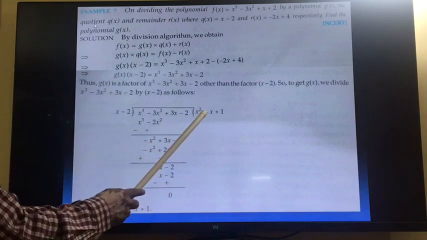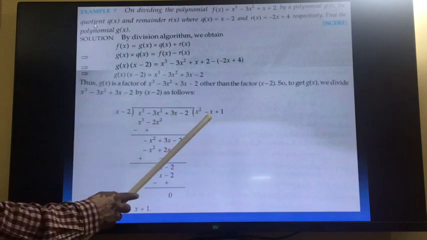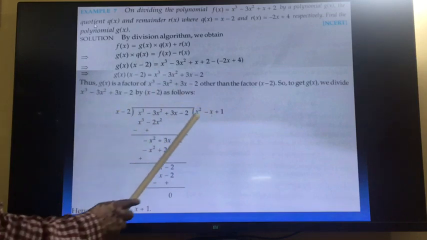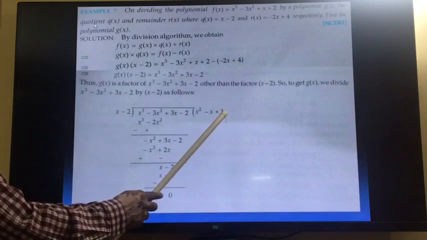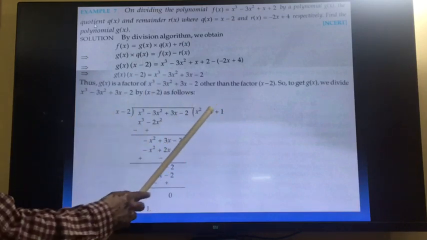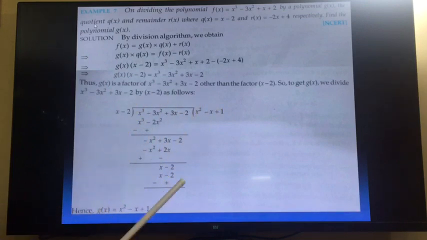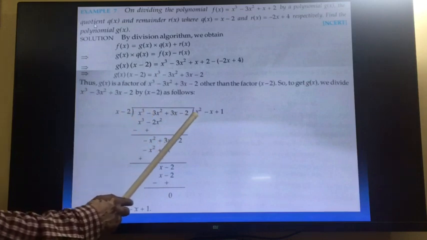Now you want minus sign, so write minus. You want power 2, here power 1, so 1x. So x minus x into x will be minus x square. Minus x into minus 2 will become plus 2x. Now change the sign, so x square cancelled, and here we will get 3x minus 2x is equal to x and minus 2. Now you want plus x, so plus 1. So we will write plus 1 into x will be plus 1x, and plus into minus will be minus, and 1 into 2 is minus 2. Now you will change the sign to subtract. So plus x minus x is 0, and minus 2 and plus 2 will be 0. So again the remainder is 0, and here after dividing this by this we will get the value of g(x).